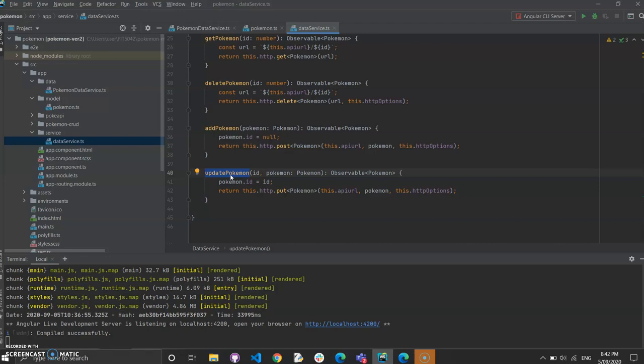Now let's create the Pokemon CRUD function. I have this right now, but you might not have it in your project right now. So let's create our CRUD component function using,